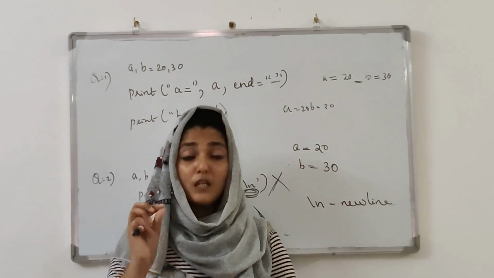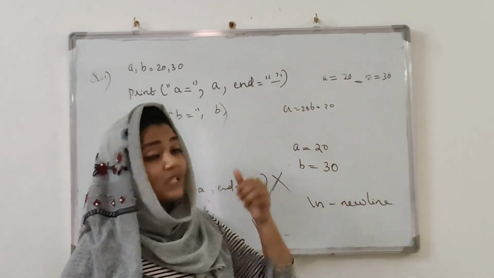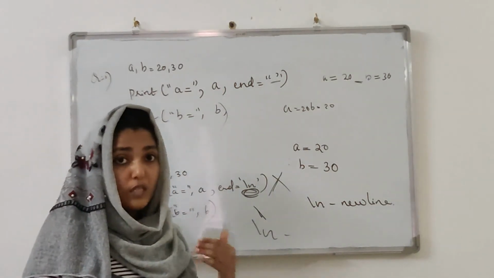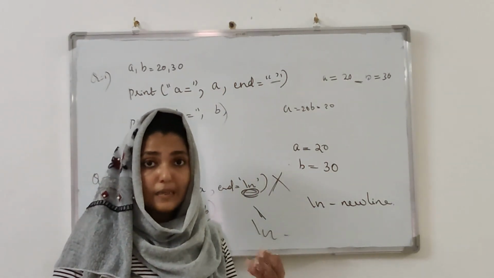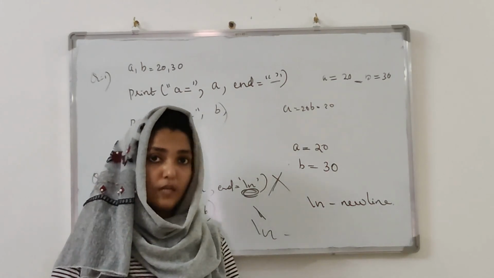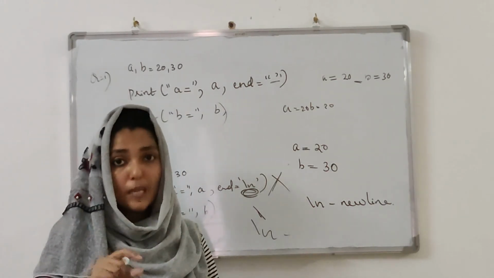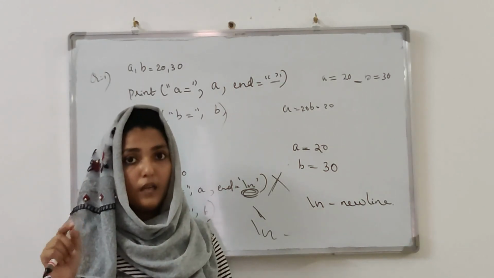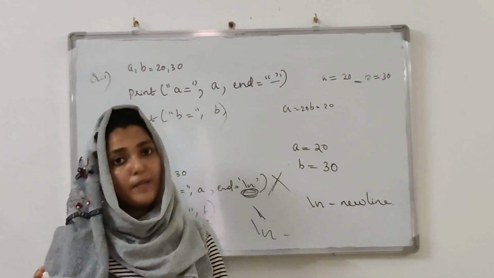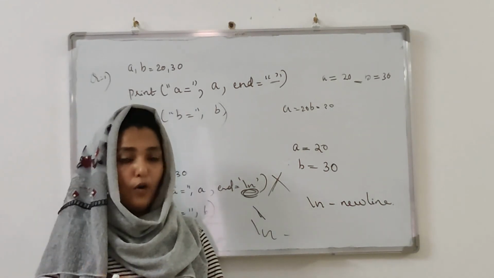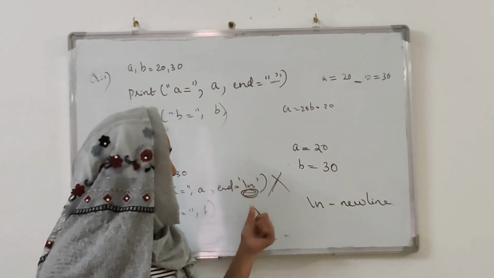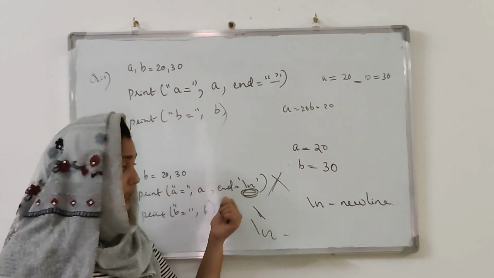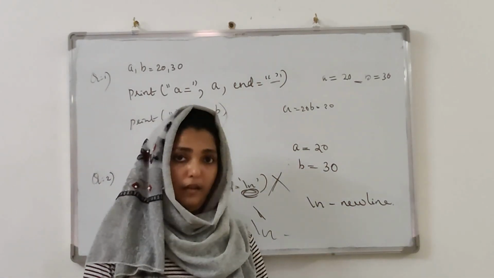And two more things are sep and end. End means what symbol we need at the end of the statement. Sep means if you are using three or more words, what separation symbol we want between the words, that is denoted by sep. So sep is equal to, inside quotes we give a simple ampersand, then between the words the ampersand symbol will display in our output. And another thing to remember is backslash n, which we can give inside end, and backslash n means new line.